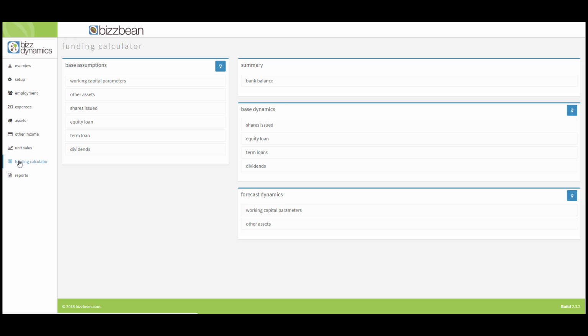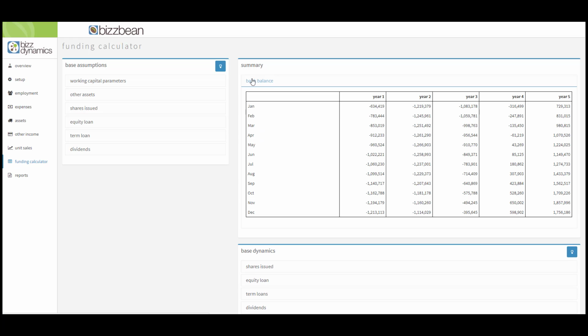Now that we've done the review of the trading account, we need to see how we're going to fund this business. If we look at the bank balance, you can see that we're in need of some money. But remember, we haven't